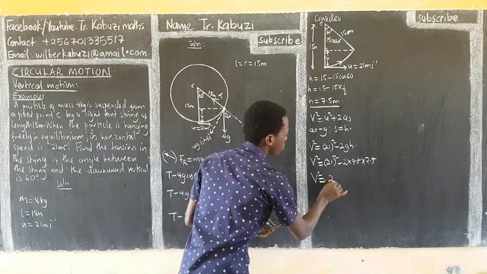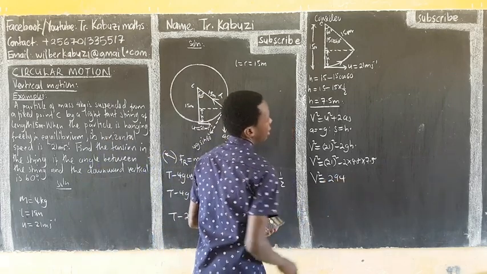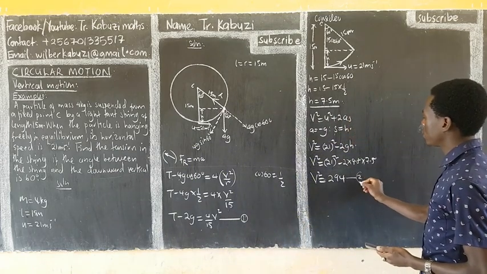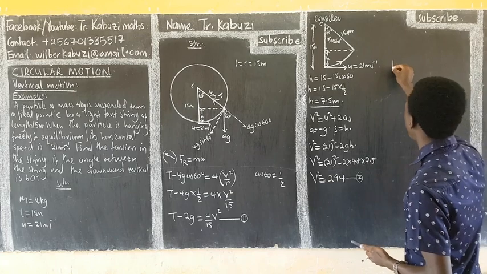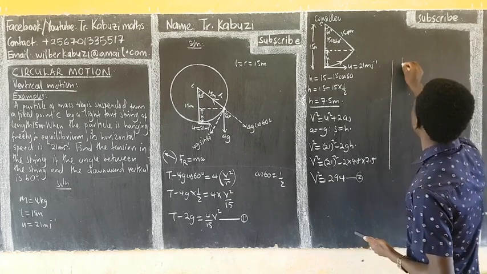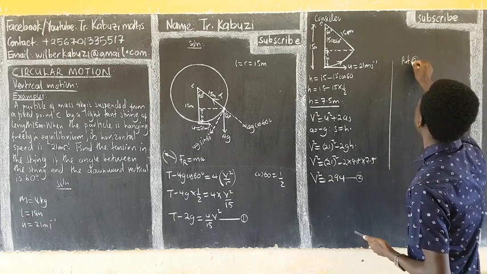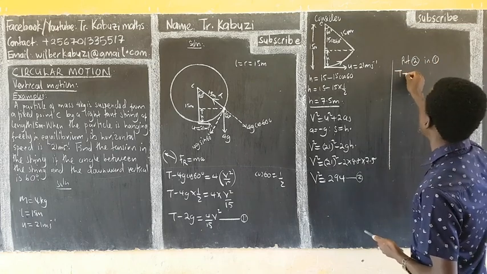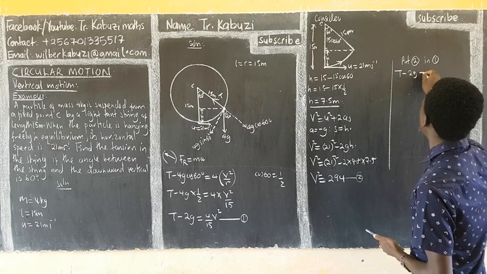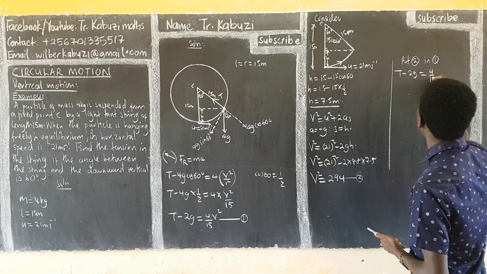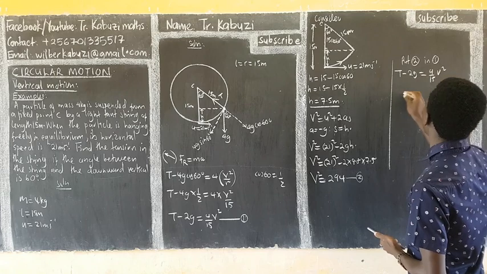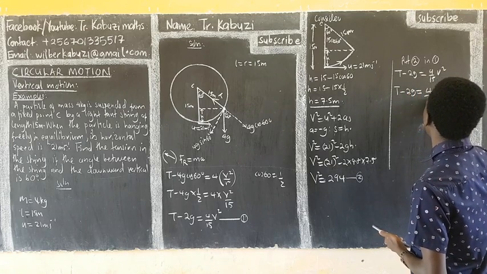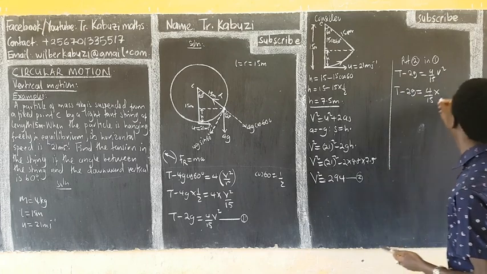I'm getting 294. So now I call this equation 2. And I'm going to come here and I say put 2 in 1. So in equation 1, T minus 2g equals 4 over 15 v squared, and I put in v squared, which is